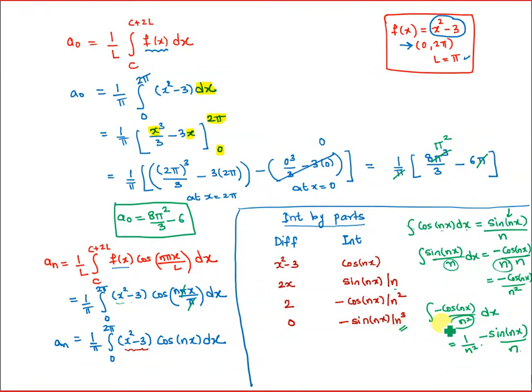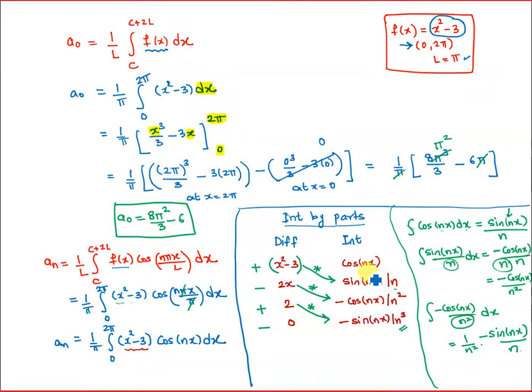So now we combine the terms. We start with signs plus, minus, plus, minus. As we move to the next term, we switch the sign, and then we multiply in cross. This is as per the rule. Now 3 arrows means there will be 3 terms. You are multiplying x square minus 3 with sine nx over n. So it's better to put them in brackets because this whole term is going to multiply. So multiplication, multiplication, multiplication. Let's write it down. The first term is x square minus 3 multiplied by sine nx over n. Both the terms are positive.